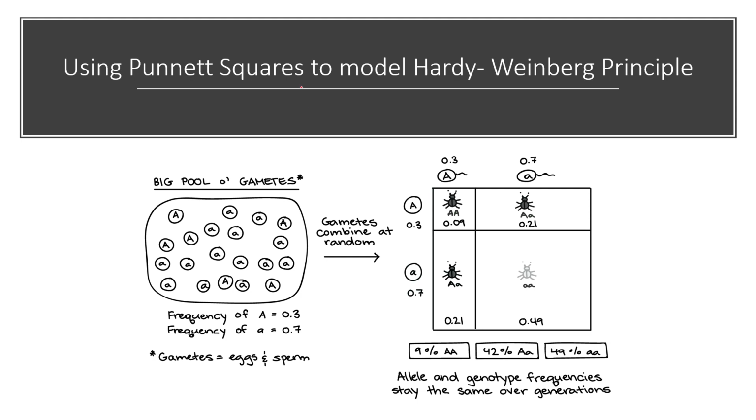So we can also use Punnett squares to model this. The idea here is that both the mom and the dad would have the opportunity to pass on, because it is random, both a dominant and a recessive allele from that population, and it would follow those frequencies that we would calculate. And then using that, we can multiply. So 0.3 times 0.3 is 0.09, and 0.7 times 0.3 is 0.21. And then what we can do is add these together to get the total value for that. And that is where